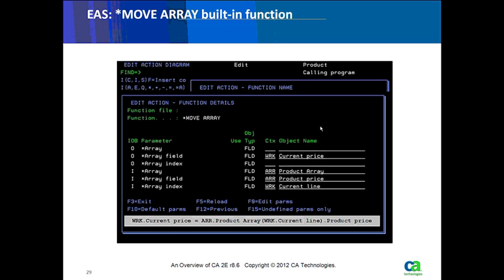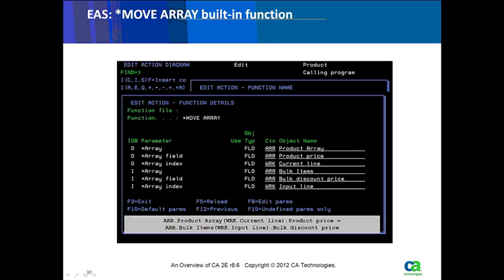Likewise, we can say here we're going to move that product price in the 4th element of the product array into the work.currentPrice field, and then subsequently we can play with that field as much as we want because it's just a work field now. We've moved the value into that work field, and then you can use any other TUI built-in function on there. You can call other functions with that value however you want.